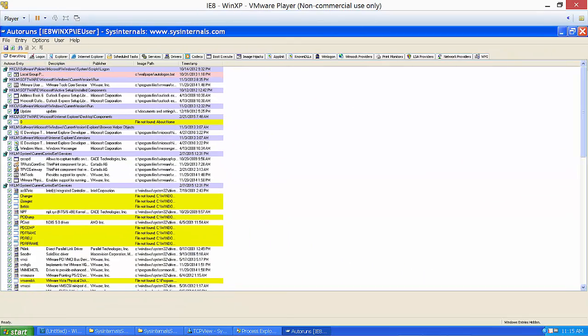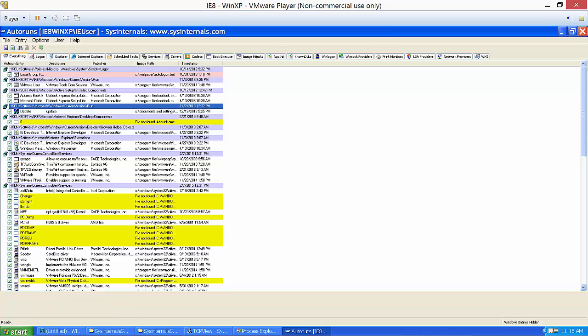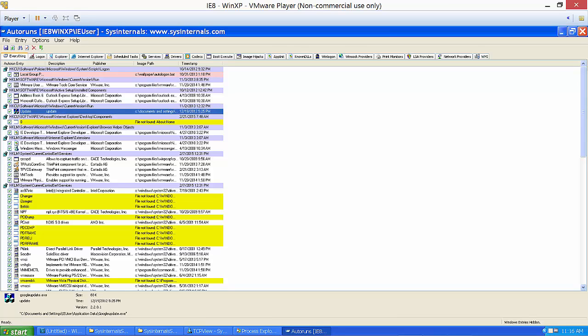And if you look at everything here, we will actually see that this program, update again, is starting up from the registry in HKEY_CURRENT_USER, Software, Microsoft, Windows, CurrentVersion, and Run. And again, we have the information about the file here. This is just to show you some more tools to get the same information or to verify it.